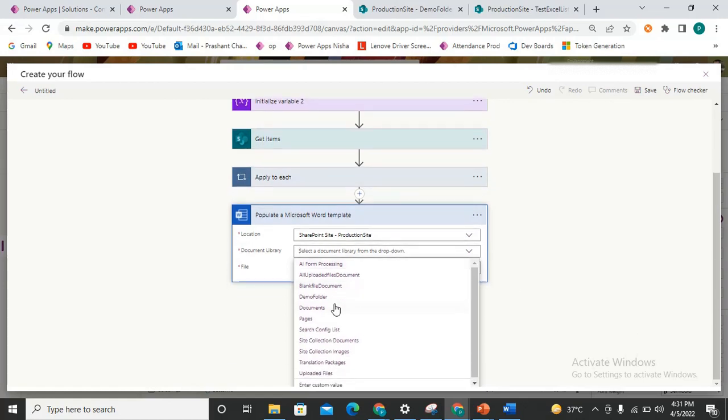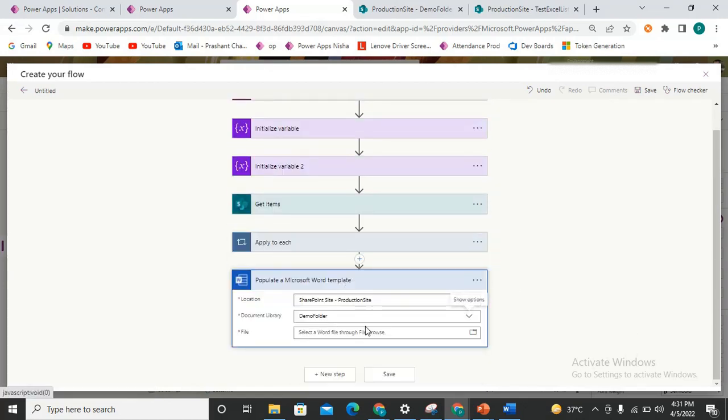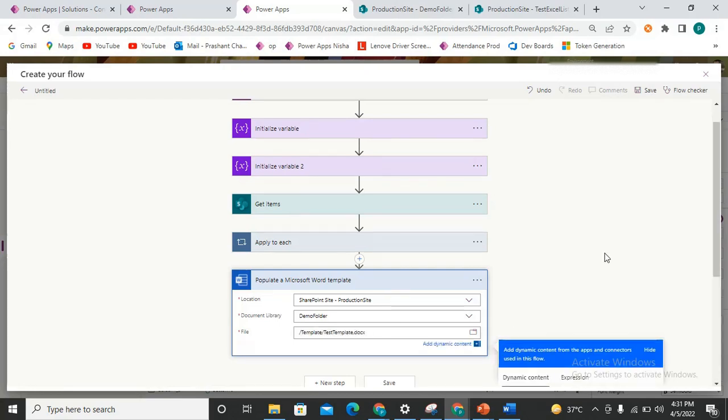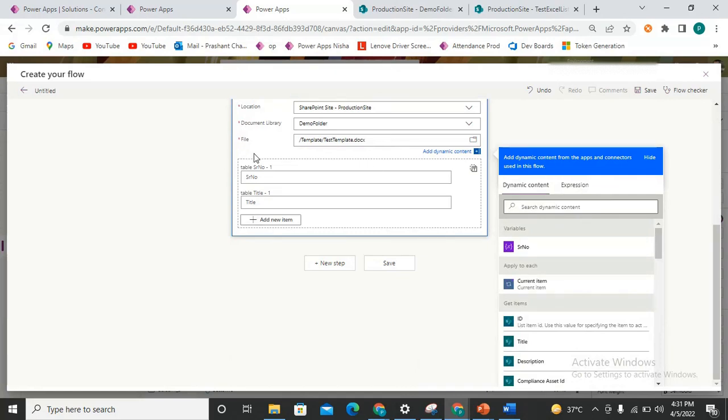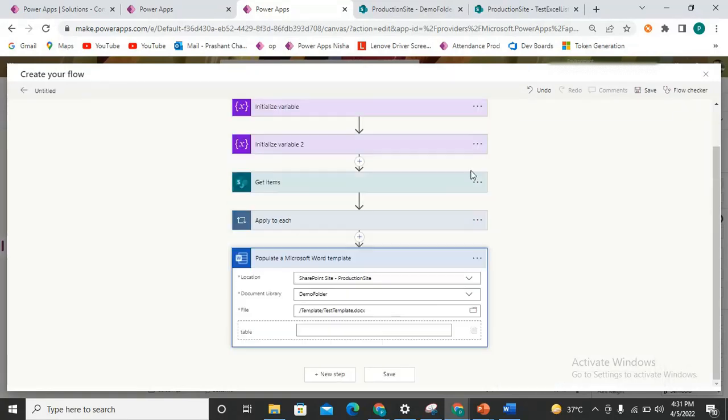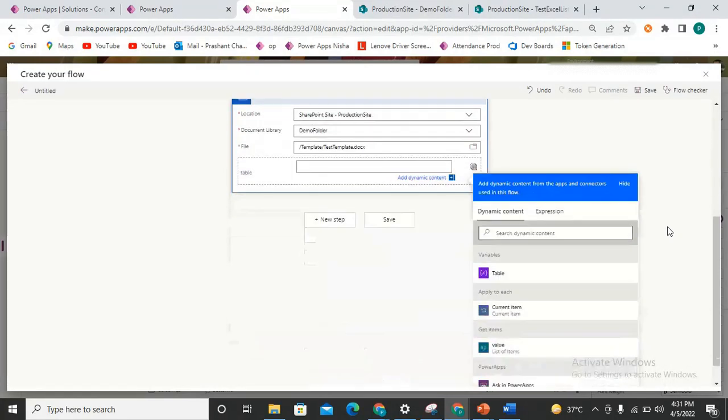The document library is Demo folder only, and the file is stored inside my templates, Test template. As I select this I can see these two fields are here. So what I need to do is click on this T, and now I can pass my array variable here. So I'll pass table,